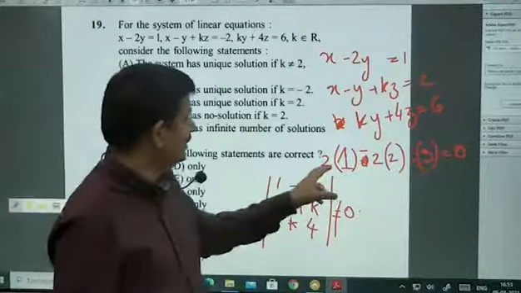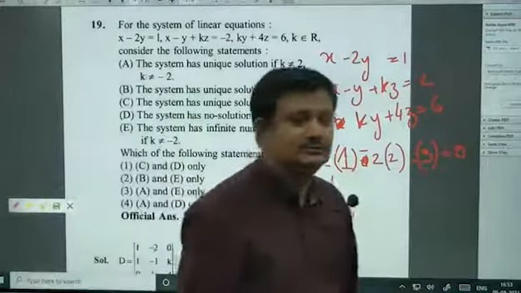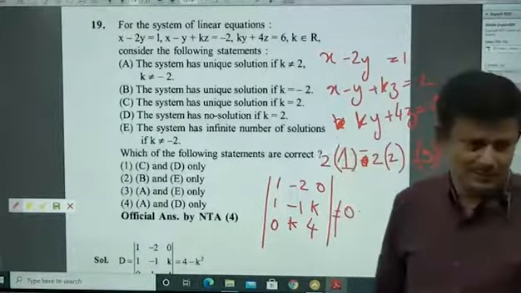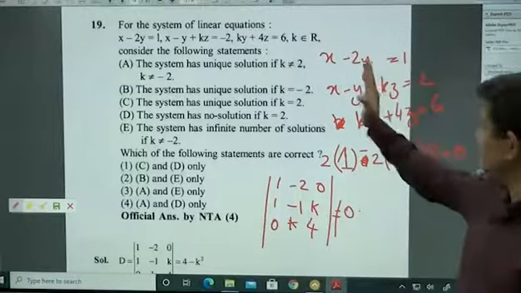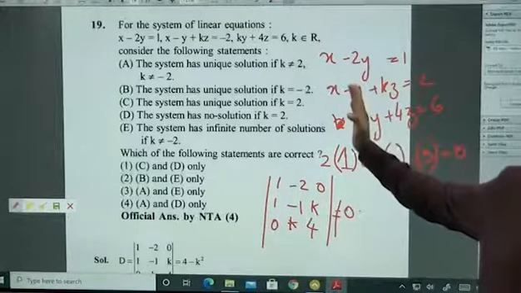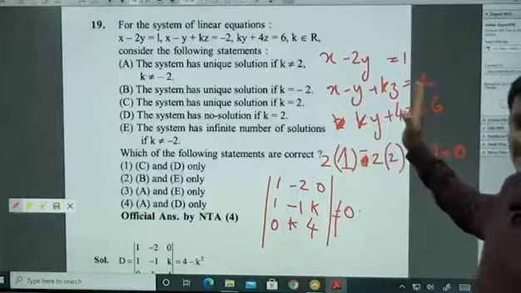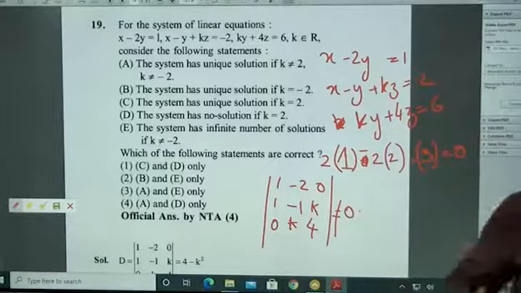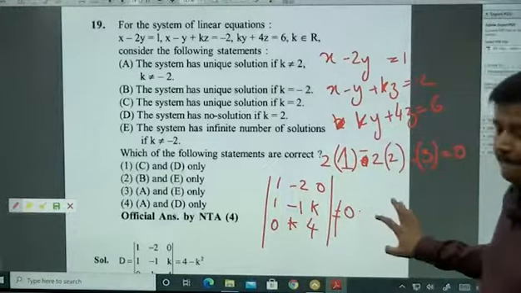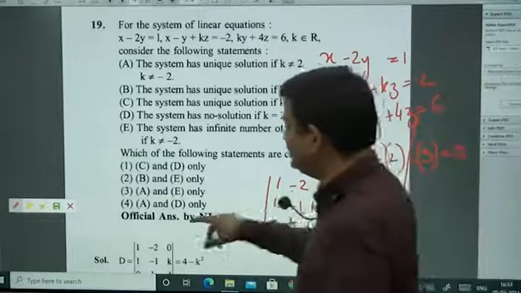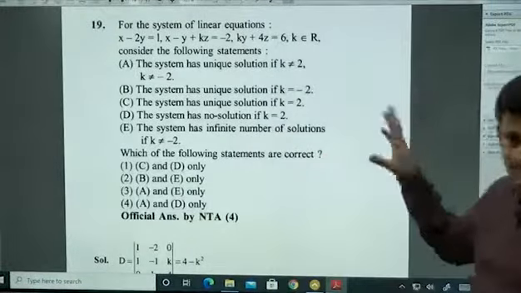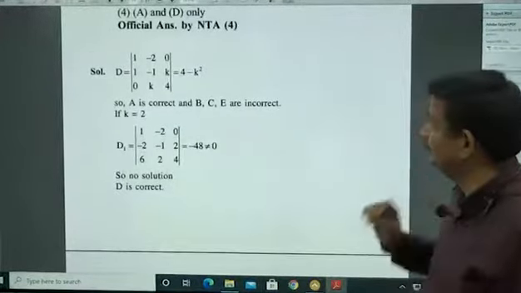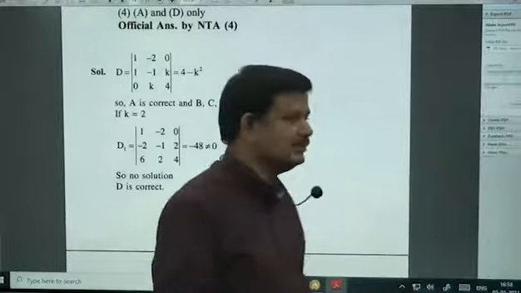So if I put, what will I get? K is 1. Okay? That will be the condition. If that same thing is also satisfied here, there will be a chance of infinite solutions. If you are getting a different combination, no solution. If you make K not equal to that, unique solution. Is that clear? But this is tricky. Don't go with constants. Though I went here, don't go with constants. Okay? Don't ever go with it. The previous method was the better method, the best method.